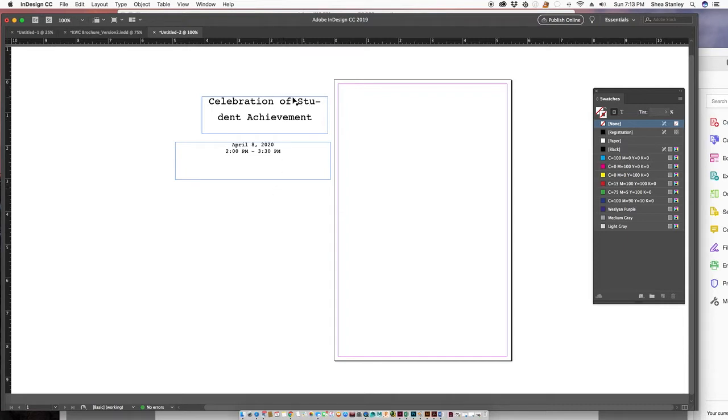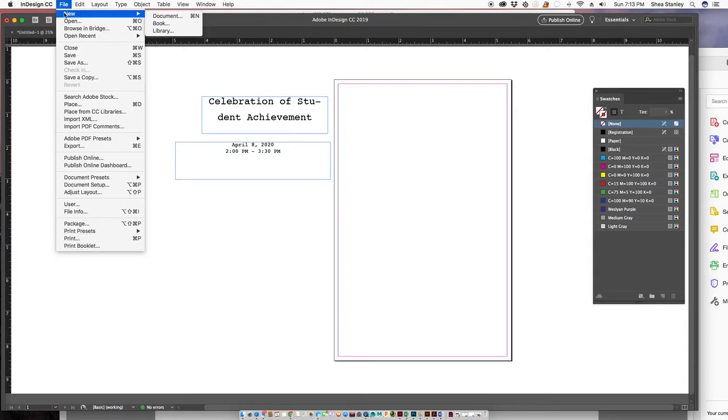Now, there's particular info that has to be on the front cover page. It's got to have the name of the event, Celebration of Student Achievement. You've got to have the date and time. The last thing you need is the logo for Scholars Day, which will be uploaded in the logos portion of